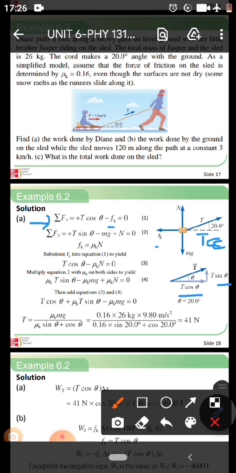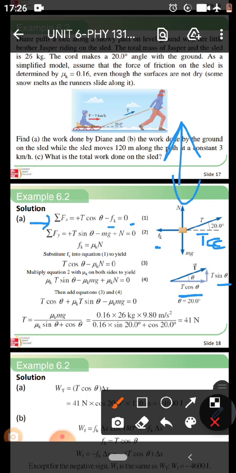So you add this and the friction, and it equals 0, as this thing moves with a constant speed, meaning 0 acceleration. And then on the y direction,